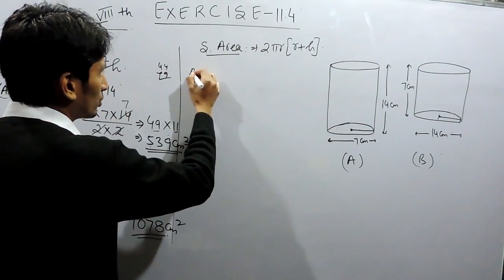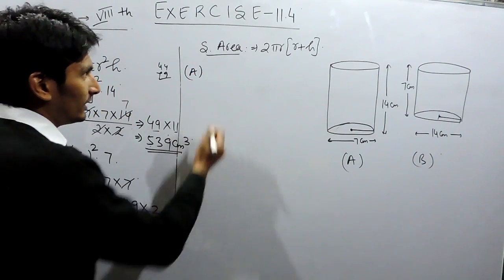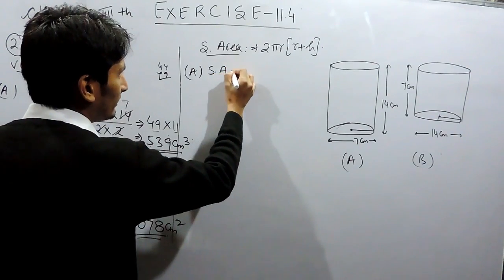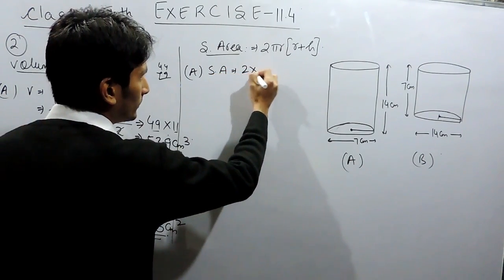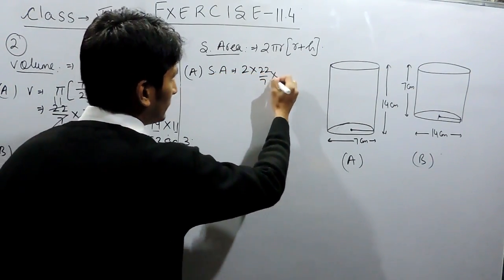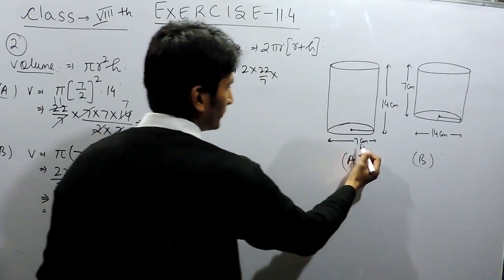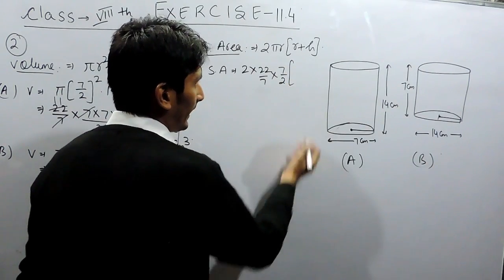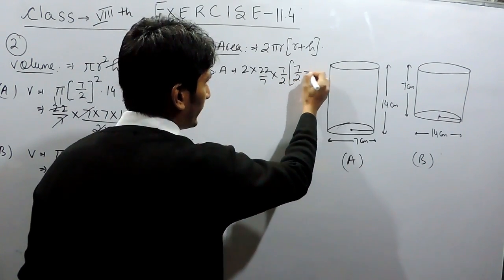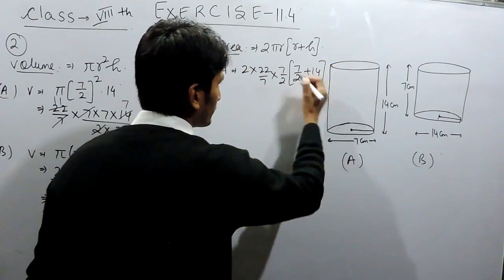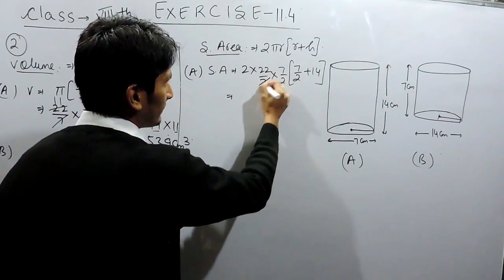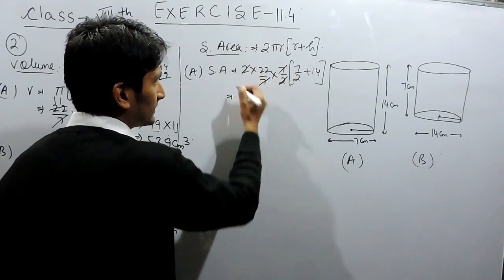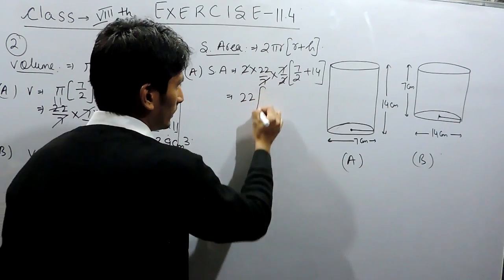So let's find the total surface area for cylinder A. So here the total surface area will be equals to 2 multiplied by 22 upon 7. Here in the first case the radius is 7 by 2 and radius is 7 by 2 and height is 14. Now solving this, 7 can be cancelled with 7, 2 can be cancelled with 2, this will be 22 and